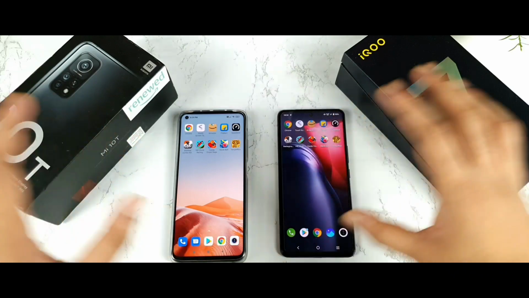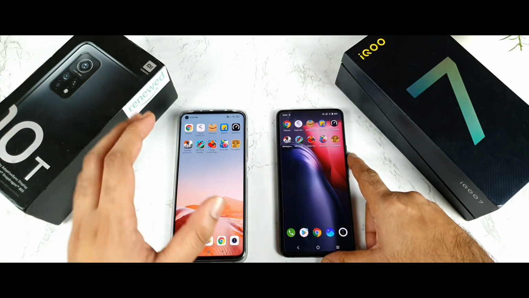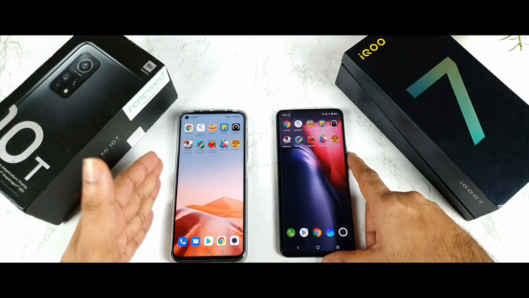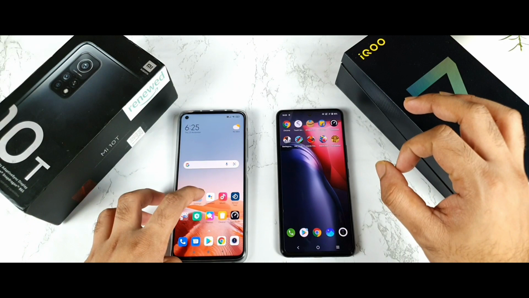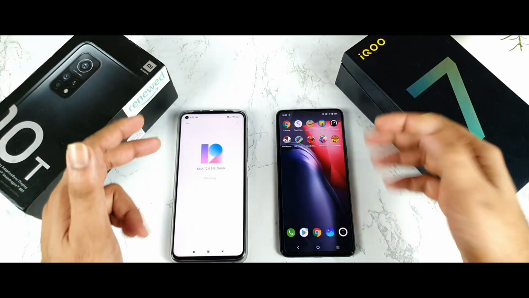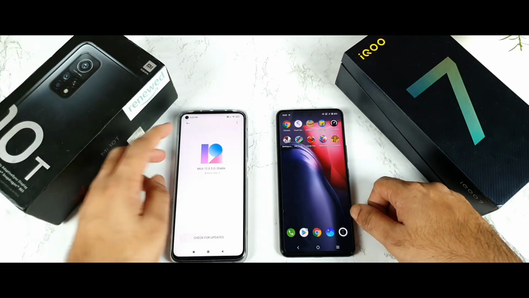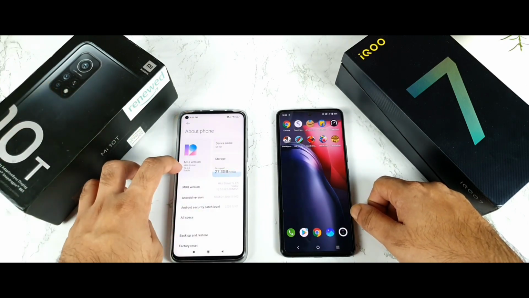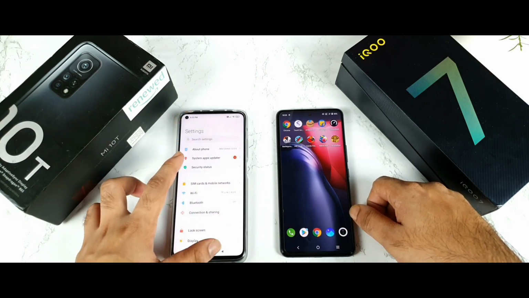So friends, that's fantastic to see this kind of level of optimization, I mean RAM management, in the Mi 10T as well, because the phone is running MIUI 12, not 12.5, 12 only still it's running, because I don't think I did get any kind of update. I did try to do the update as well, but it did not show me any kind of update. As you can see, it's not showing any kind of 12.5, still it's running 12.0.5. So Android 10 only it is still running, slightly old.